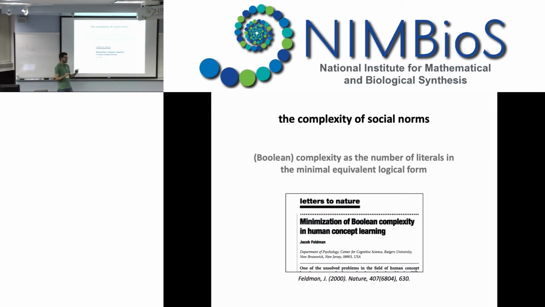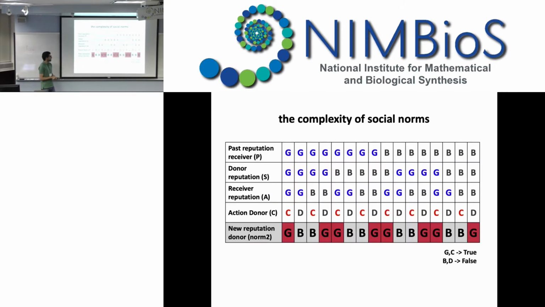So it was a lot of jargon. I will exemplify this now with a norm. That was a lot of jargon, that's right. So let's see this applied to the context of our norm. So here I have one example of norm. The first step is to translate this norm to a logic formula. We can think of a norm as a logic rule that, when evaluated to true, will assign a good reputation. And this norm will have 4 different variables.